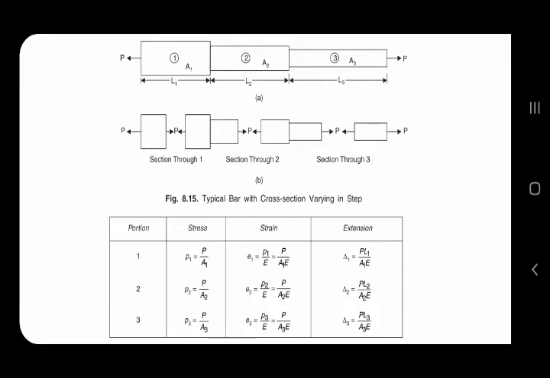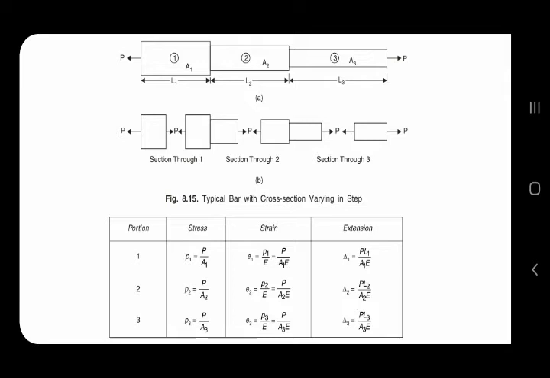If you go for the total change in the length of the bar, let delta be the total change in length. It will be made of delta 1 plus delta 2 plus delta 3. So the equation can be written delta is equal to PL1 by A1E plus PL2 by A2 into E plus PL3 by A3 into E. This will be the total deformation that we are getting for a varying cross section. Now these formulas can be used for solving the numericals,